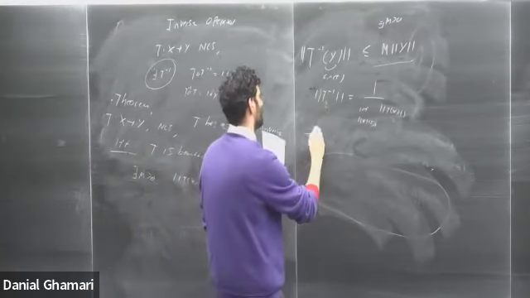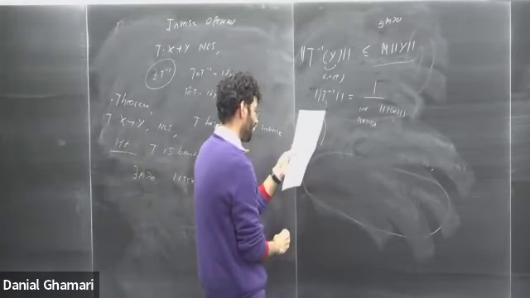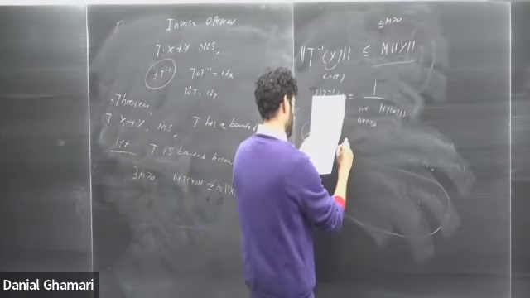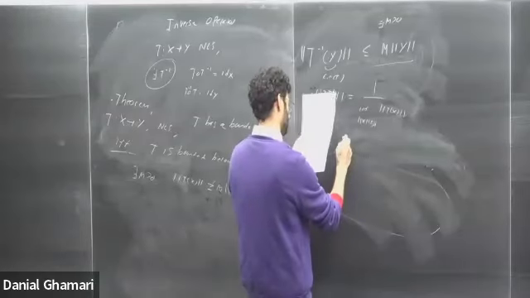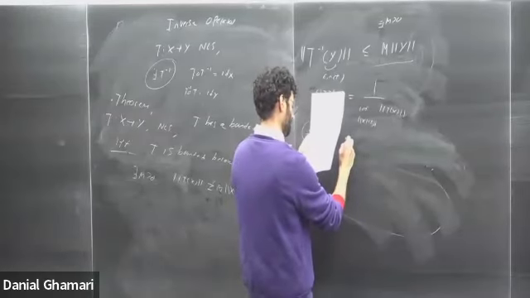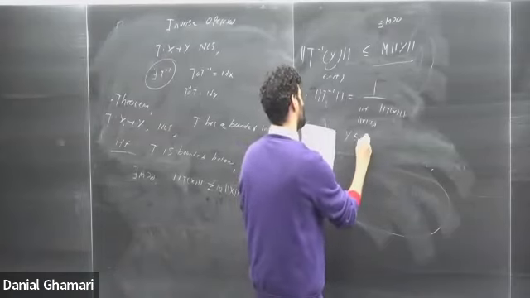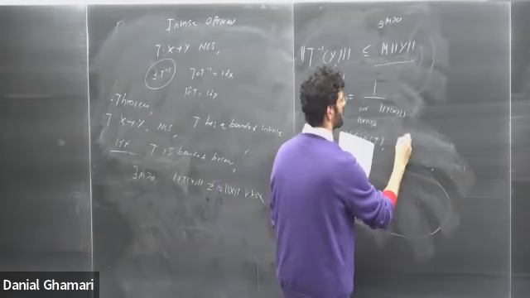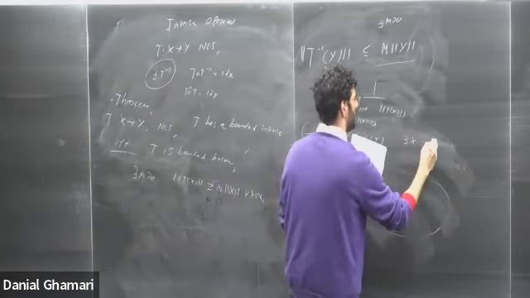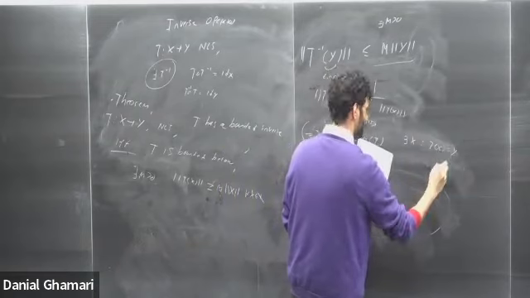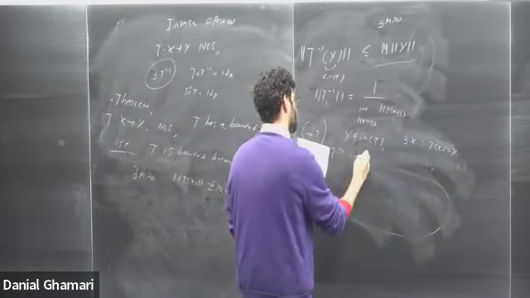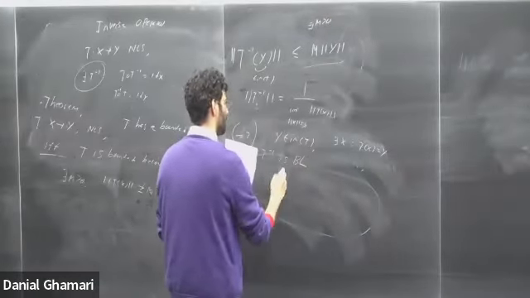So we'll do the forward direction first. We suppose first that T has a bounded inverse. So let's take Y as an element of the image of T. Since Y is an element of the image of T, that means that there exists some X such that T of X equals Y. And then what we're assuming is that T inverse is bounded linear. BL, we use short for bounded linear.